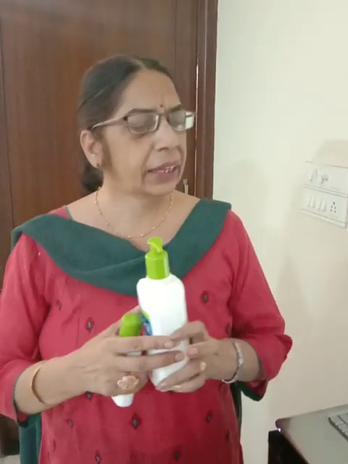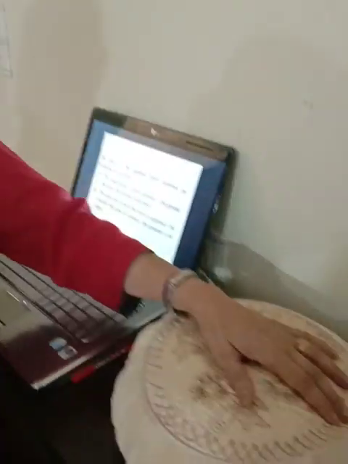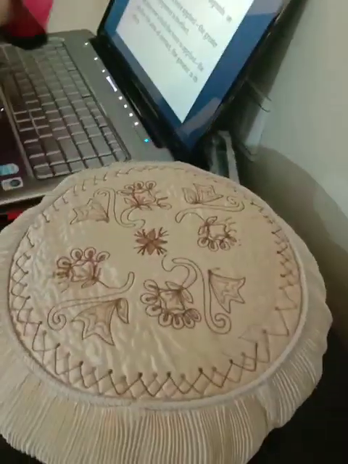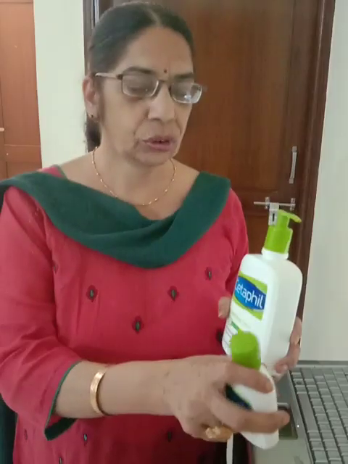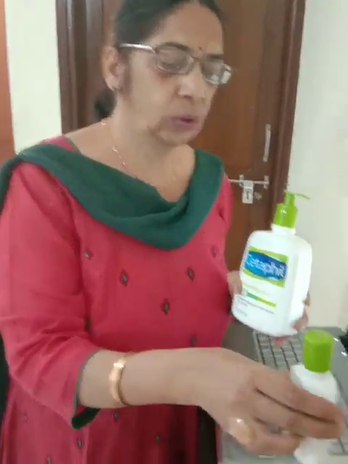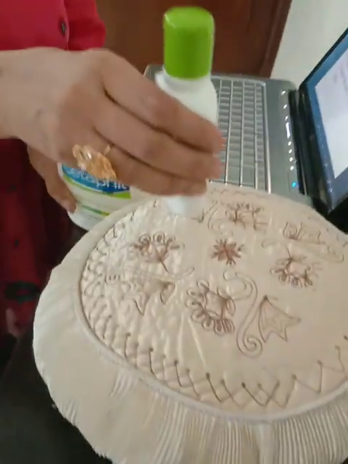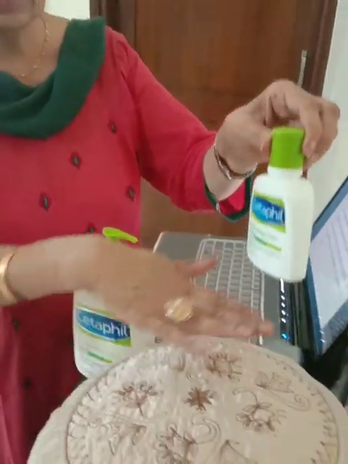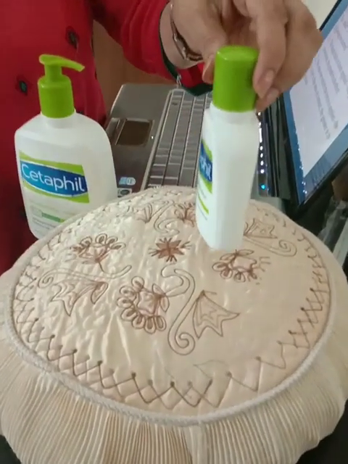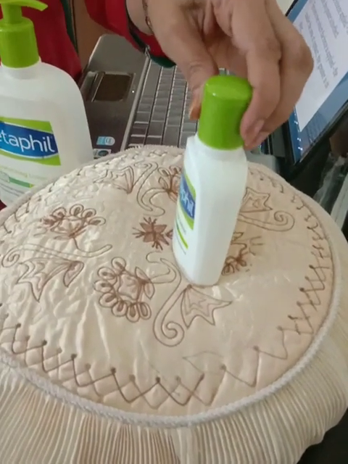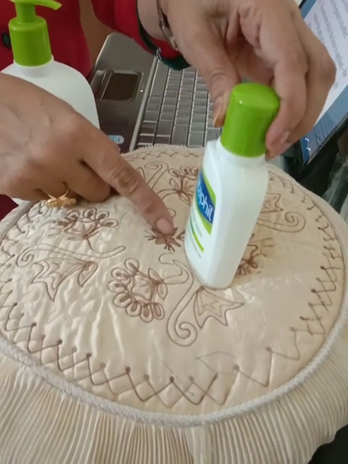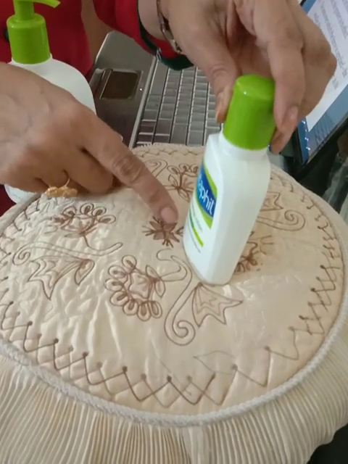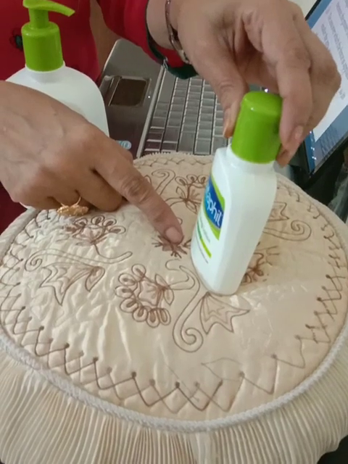I've got a cushion. I'm going to place these bottles one by one on the cushion. You have to see how much it sinks down. You can see the level of the cushion, and now I have put the smaller bottle on it. You can see it sinks this much down.